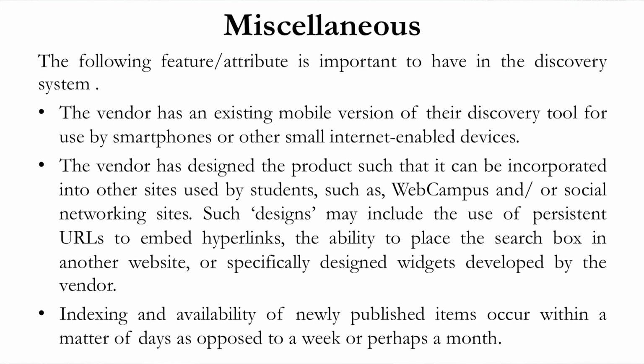Then there are lastly some miscellaneous points which you should examine, and be careful when you select. For example, the vendor has an existing mobile version of their discovery tool for use on smartphones or other small internet enabled devices. The vendor has designed the product such that it can be incorporated into other sites used by students, such as web campus or social networking sites. Indexing and availability of newly published items occurs within a matter of days as opposed to a week or perhaps a month. So these are the miscellaneous points which have to be examined,